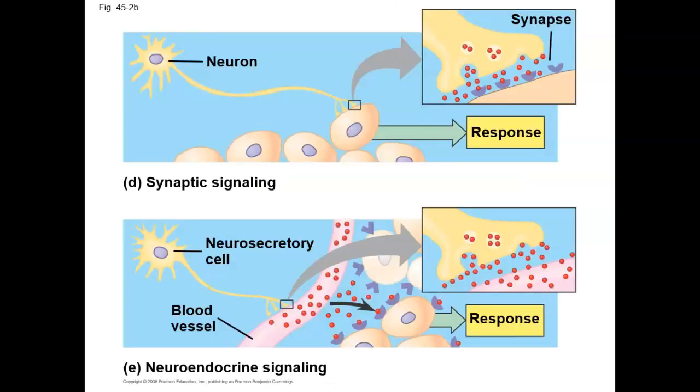We talked about synaptic signaling, and synaptic signaling is kind of like a type of paracrine signaling, right? Because you have these signaling molecules, these neurotransmitters, the primary one being acetylcholine, which you'll need to know, which is released into the synaptic cleft in between either two neurons or between the neuron and a response cell. Now, the new thing that we introduced in this lecture is neuroendocrine signaling.